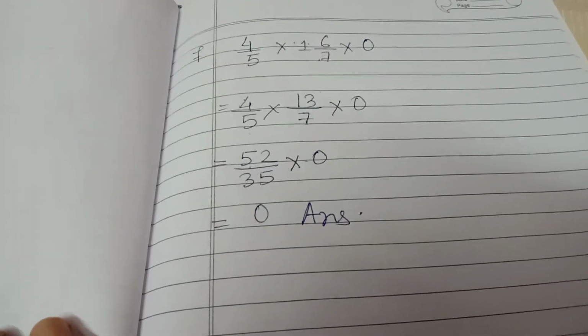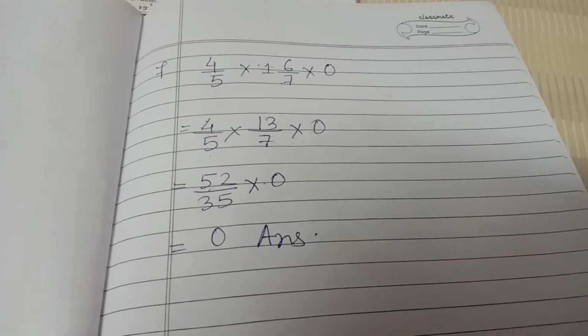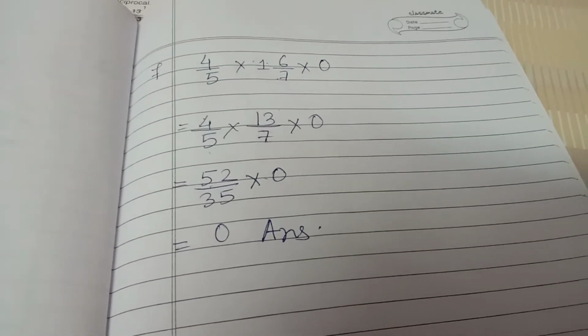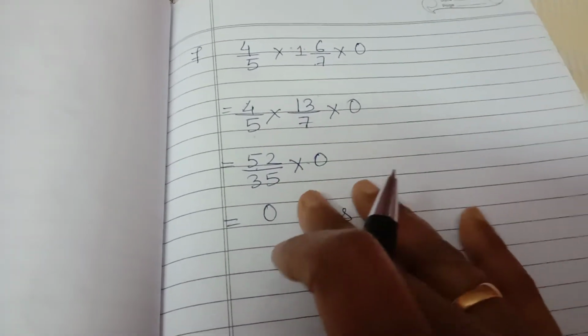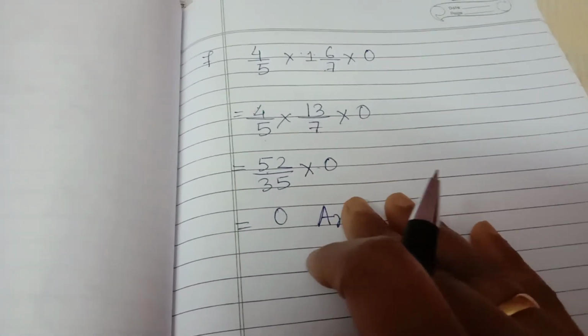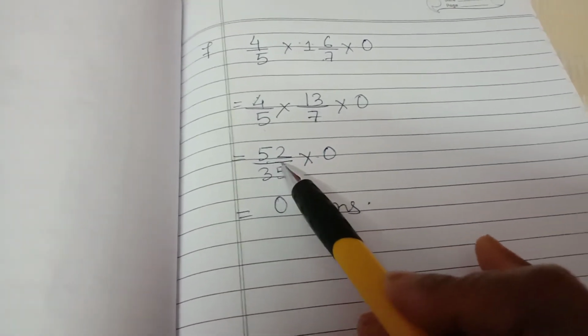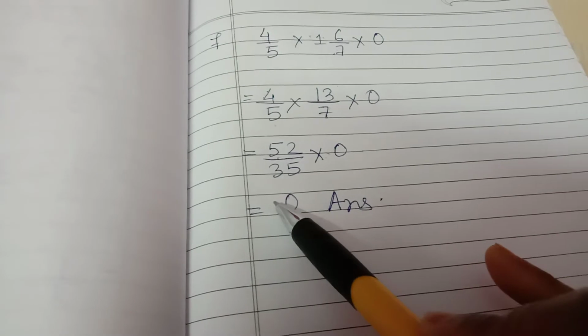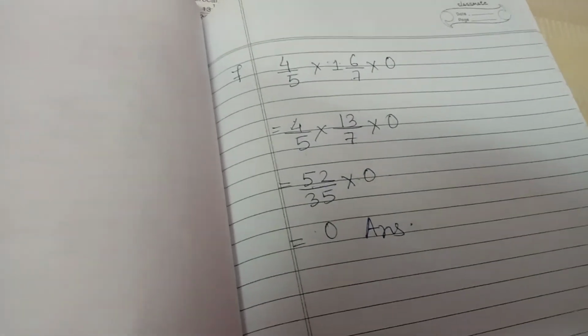Look here. Okay, can you see that? So the product is 0. I showed you so many steps. Why? Because it was not needed. You can directly say the answer will be 0. Why? Because we know from the property that any fractional number multiplied by 0 is 0, then the product will be 0 only.